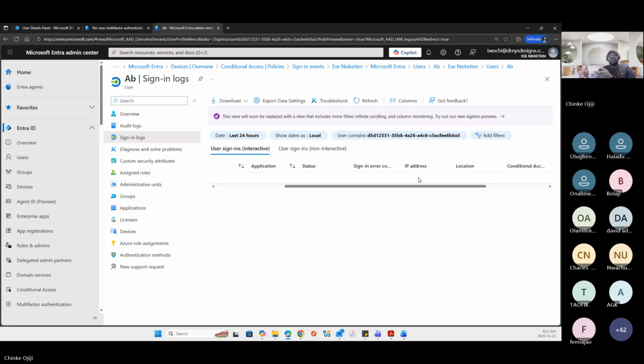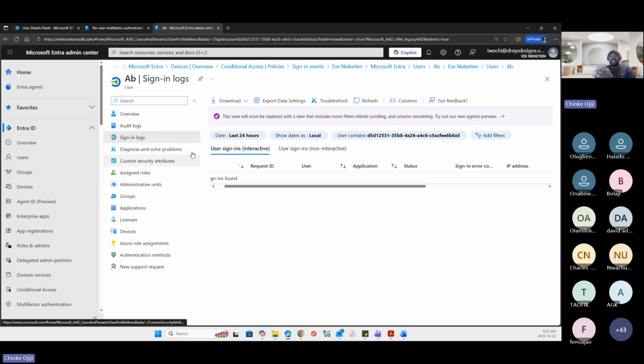So your next action is to check the status here, which will show you if that sign-in was successful or not. Sorry, there's no log here in mine, but as I said, those of you that have test tenants might as well navigate and check for your user that you frequently use.